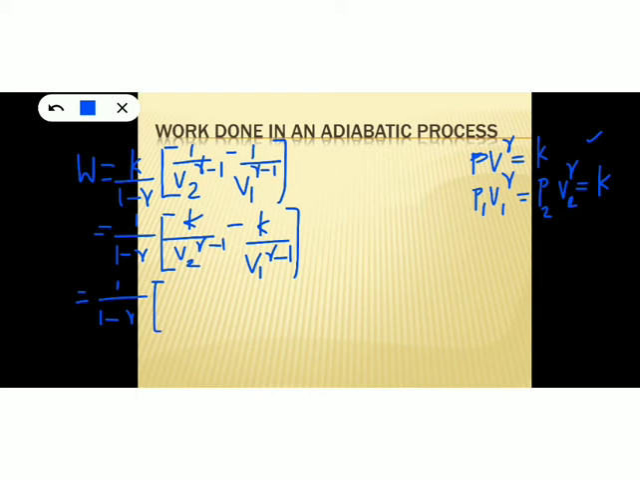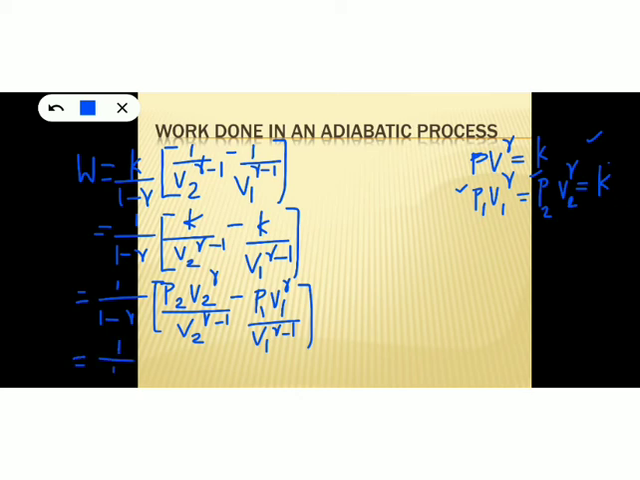So here which K should we substitute? P1 V1 raised to gamma is K, P2 V2 raised to gamma is also K. Since in the denominator we have V2, we must substitute this expression for K, P2 V2 raised to gamma. So we can write P2 V2 raised to gamma by V2 raised to gamma minus 1. Similarly, here you should substitute P1 V1 raised to gamma by V1 raised to gamma minus 1, because in the denominator we have V1. So it will become 1 by 1 minus gamma,